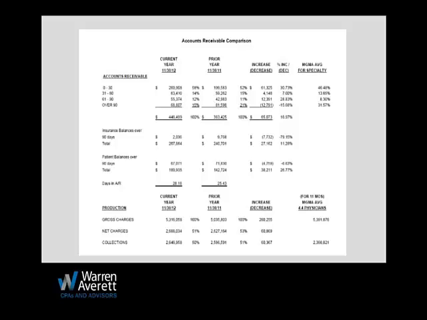But as we move down the aging, in this example, 31 to 60 grew by $4,000. We need to determine where that $4,000 is attributable to. Is it insurance or patient, like we talked about? As we move into 61 to 90, this would be a little more of a concern for me, that we're moving from $55,000 to $42,000. This is a $12,000 increase, and then actually over 90 looks okay. So I might excuse that some of this bucket got dumped into the 61 to 90, and that the overall would be fine. As an overall total, it's up $65,000. Most of it, $61,000 of it, is sitting in current money. In this example, it's fine.